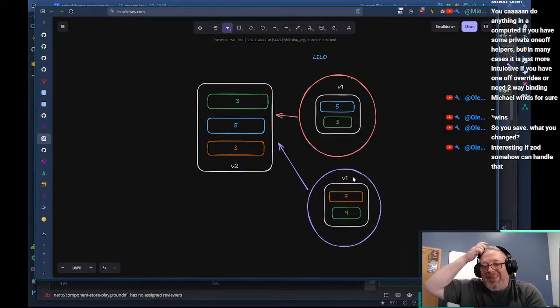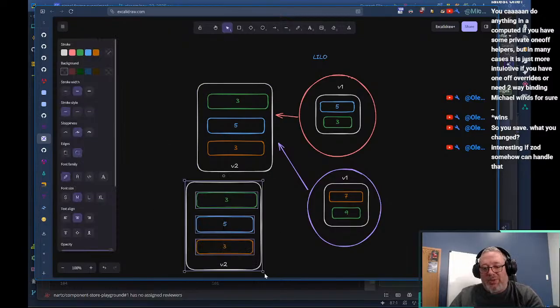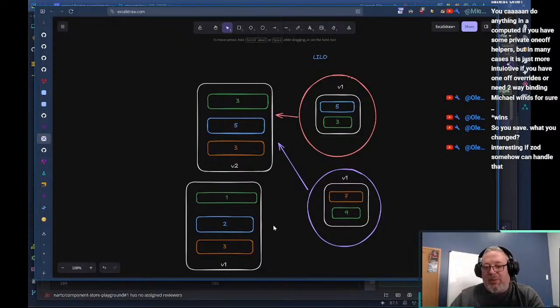Well, along comes this one and says, hey, my deltas are against V1. And it says, oh, I'm at V2, so I need to check the delta. Well, in V1, if we copy this over, and we just put it here to remind ourselves, V1 was 1, and here it was 2, 3.